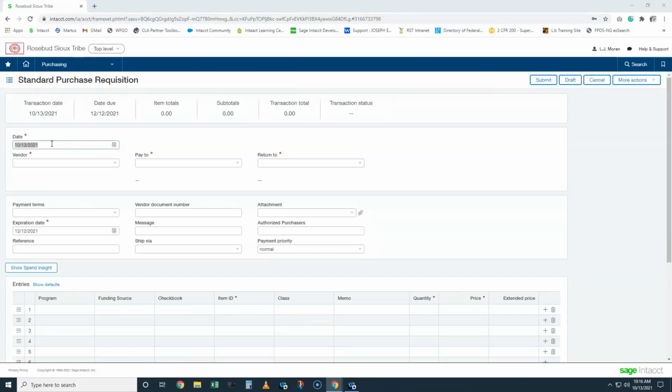That's the first thing we need to address. Now we are in a new fiscal year, so in this deal we'd expect to see that the date of our standard purchase requisitions is going to be the current date. But whatever date we have here, when this document gets approved, that's the date Intacct will use to create your encumbrance. So today is October 13th, and with that date on there,